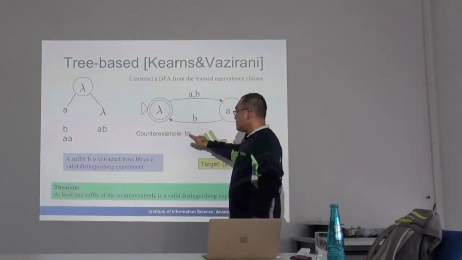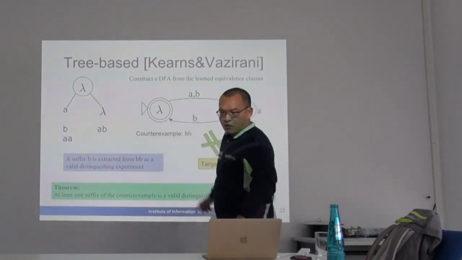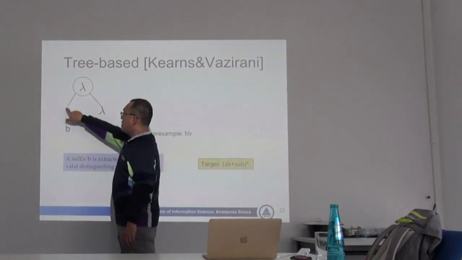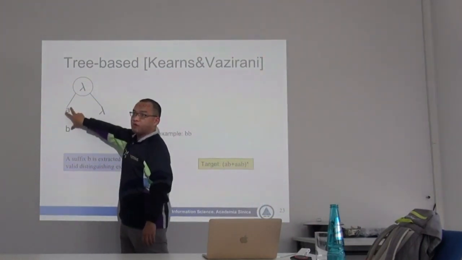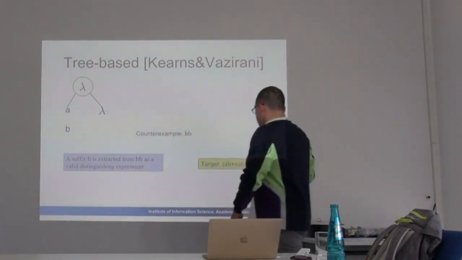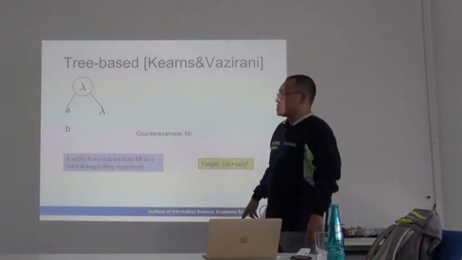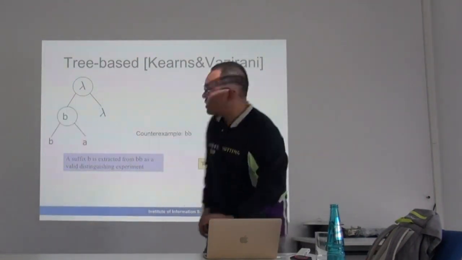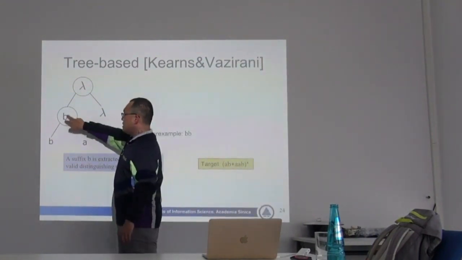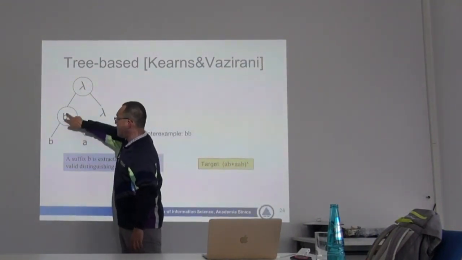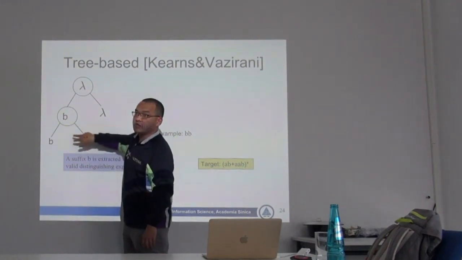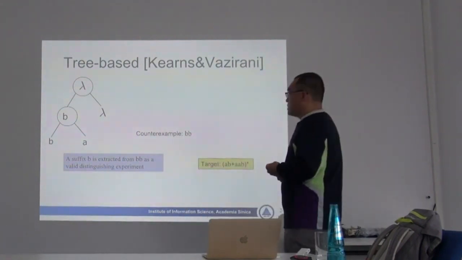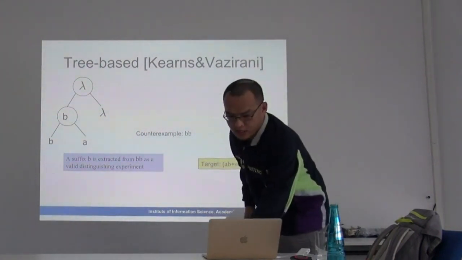In fact, if I add B, what can happen is that I will know that AB and BB have different query results, because AB is here, but BB is not. So I will replace this node with B, like this. And from B, I can distinguish B and A, which belong to two different states. So using a similar way I can discover new states. From this I can construct another conjectural automata.